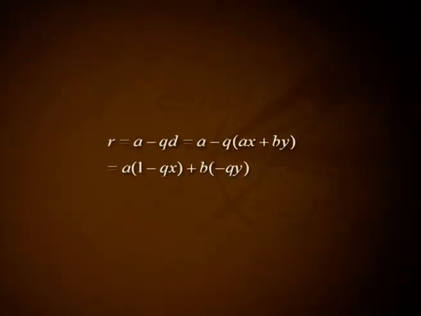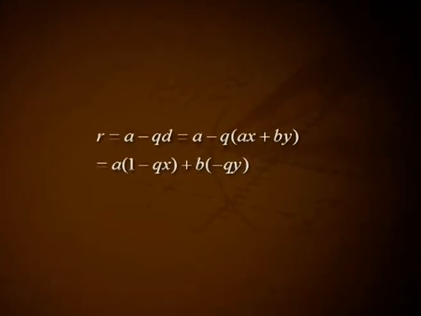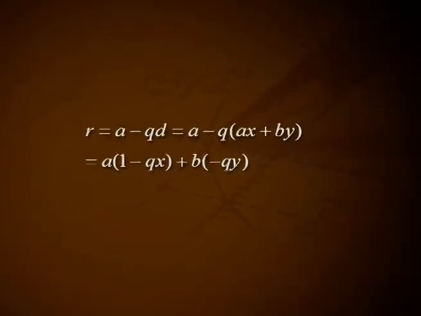Being a non-empty subset of N, by the well-ordering principle, S must contain a smallest element d. Thus, from the very definition of S, there exist integers x and y for which d = ax + by. Claim: d = gcd(a, b). Using the division algorithm, we obtain integers q and r such that a = qd + r, where 0 ≤ r < d. Then r can be written in the form r = a - qd = a - q(ax + by) = a(1 - qx) + b(-qy).